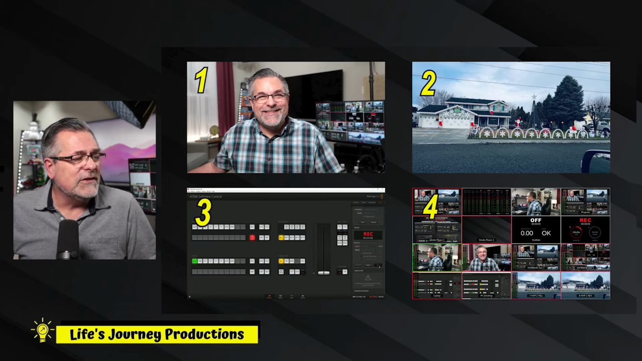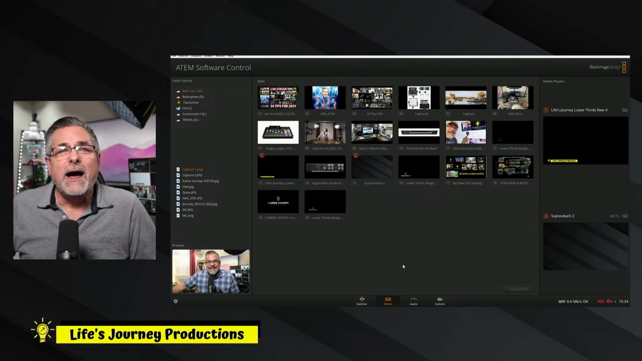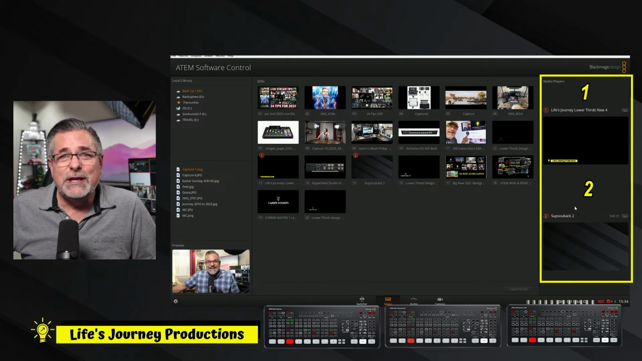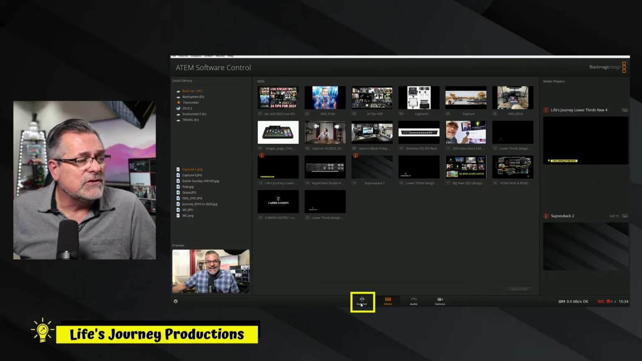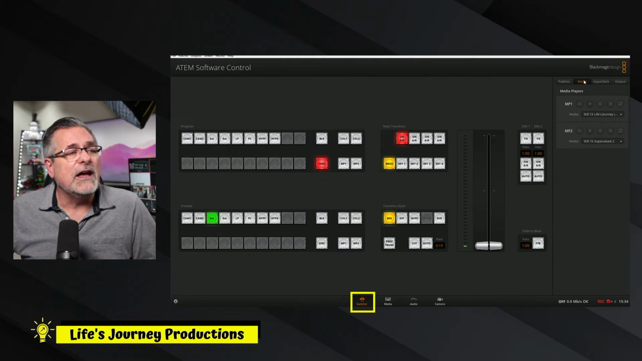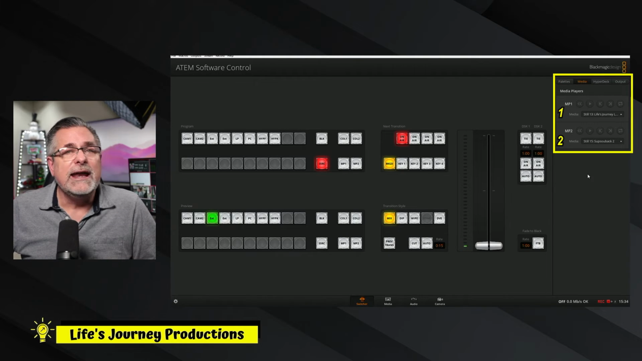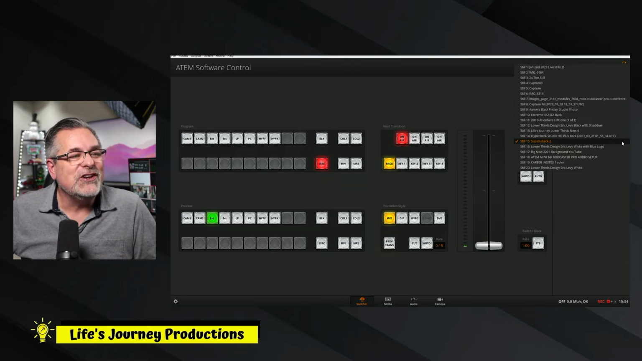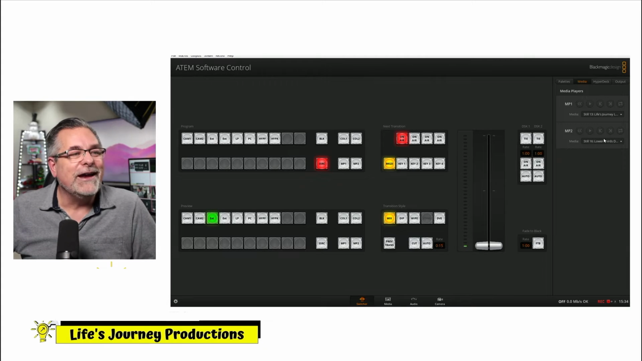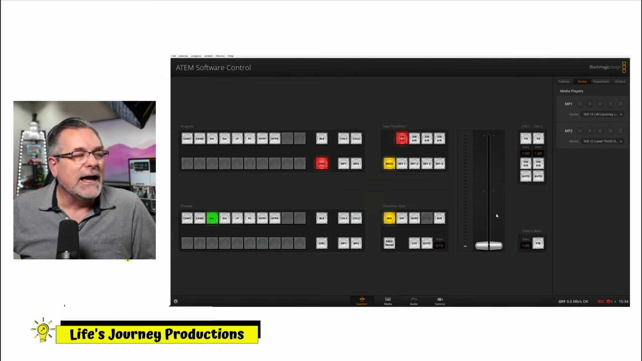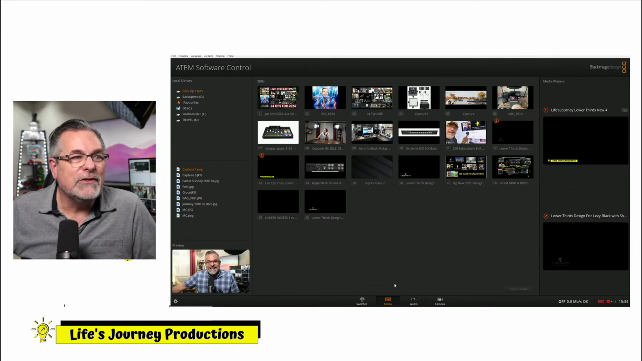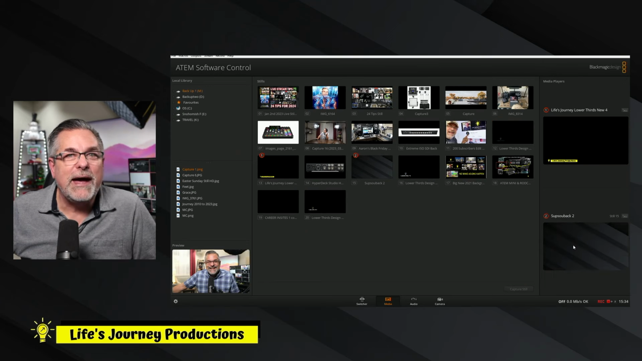So the big difference in the media player for an Extreme ISO, the SDI models, is that you have 2 media players and you can make those both available to you. And then if you go to the switcher screen, you can access those up here under the media player. And now you have 2 of those. So I could change the background behind me right now by choosing different backgrounds right from here. I could then go back into the media player at the bottom and drag and drop the background I want